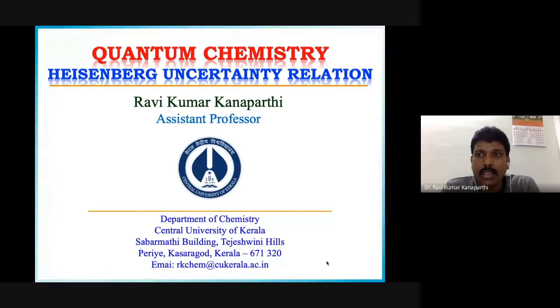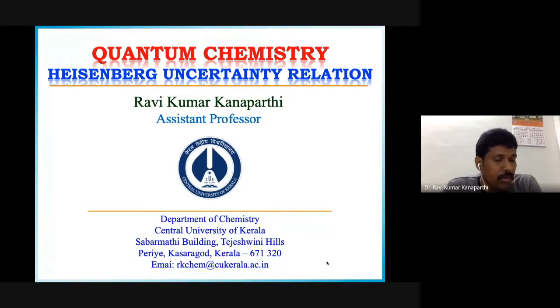Well, you know that the product of the uncertainty in position and momentum is greater than or equal to h cross by 2, or h by 4 pi, right? Similarly, the product of the uncertainty in energy and time is greater than or equal to, again, h by 4 pi. This is something you have learned, and how to derive those relations and where they come from, I just wanted to discuss in today's class.